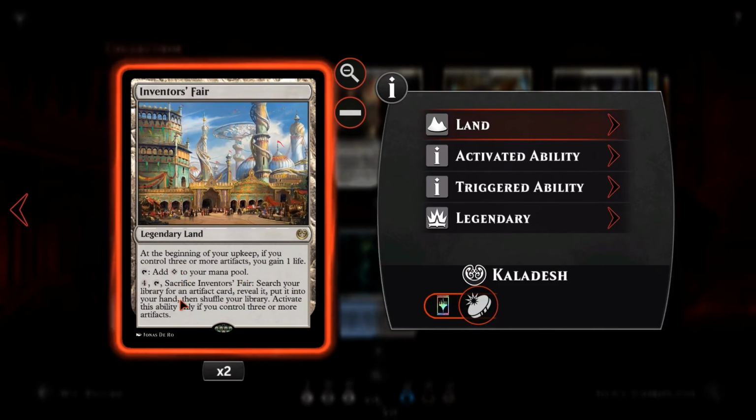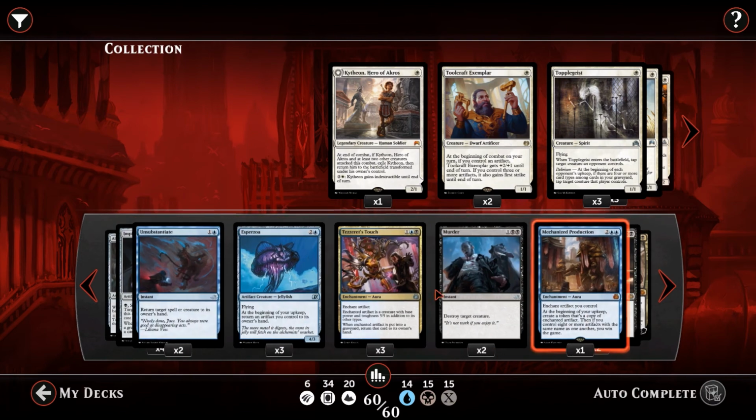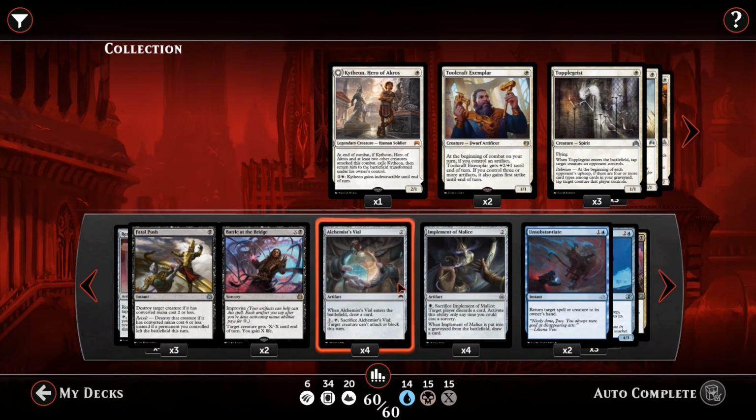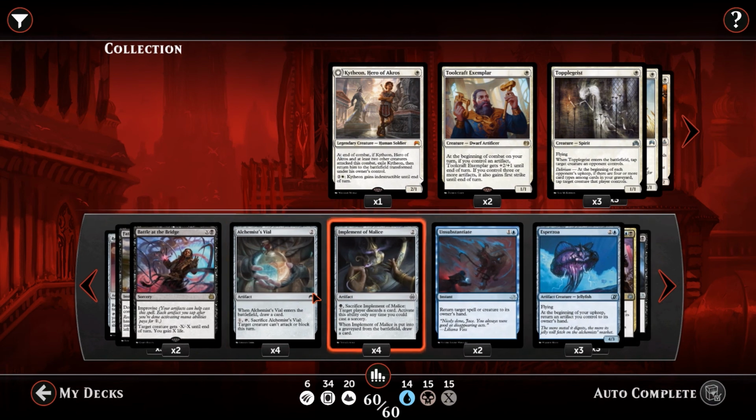But it also has another ability. You can pay 4, sacrifice the Inventor's Fair, and search your library for an artifact card. Reveal it and put it into your hand and shuffle your library. You can only do this if you have 3 or more artifacts. So the artifacts that we can grab are obviously the Implement of Malice, the Alchemist's Vial, Renegade Map, and Bone Saw. So there's not a great deal to grab, but maybe if we are...